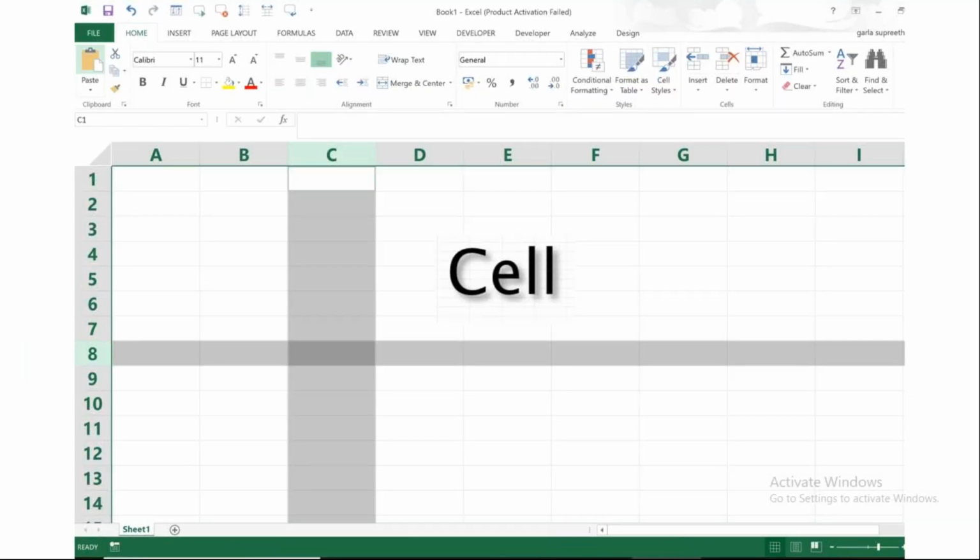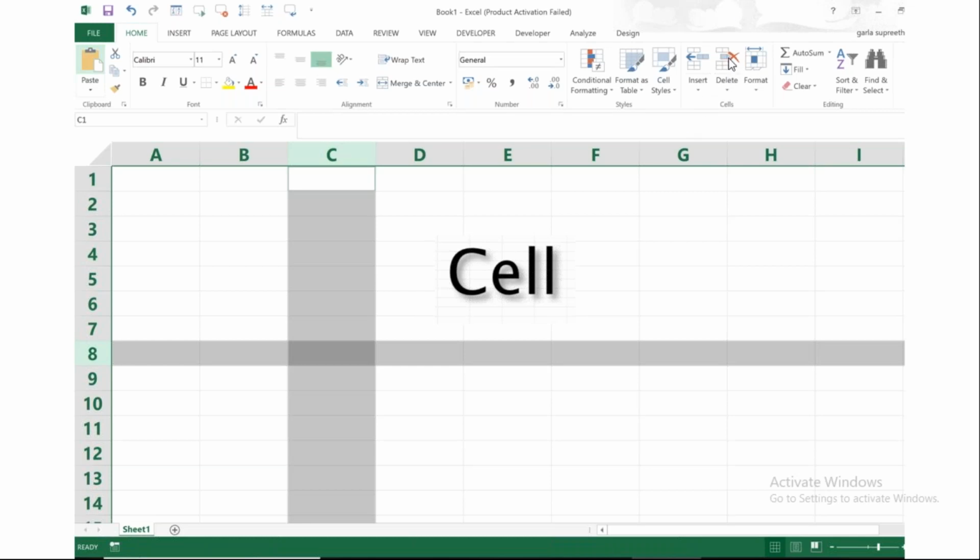And what happens when a row and a column combine or intersect together? You form a cell. So what is a cell? It's the intersection between a row and a column. It's simple. And what if I select multiple cells? Then it is called what? Anyone? If I select multiple cells, it is called what? Exactly. This is how simple the questions they can ask in the exam.